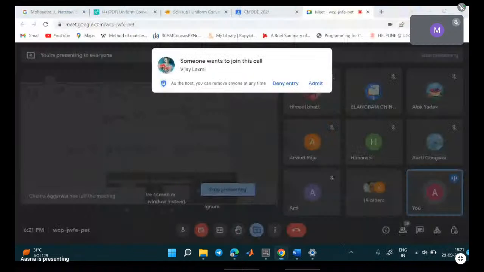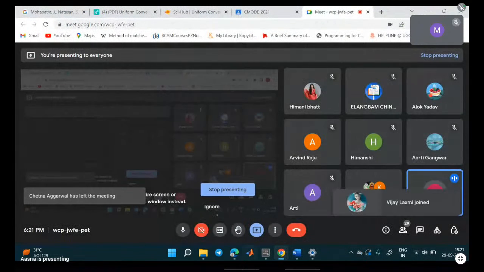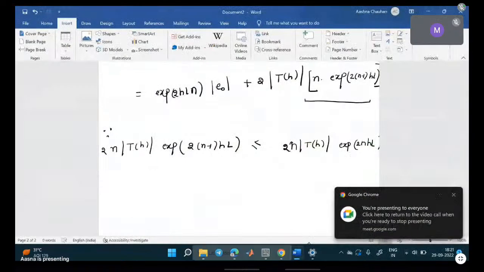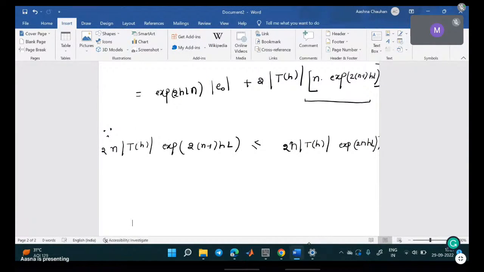Because here the power is n minus 1 and this side the power is n. So that is why I can write this value is less than this. And also I can multiply and divide it by h. So it can be written as 2nh exponential of